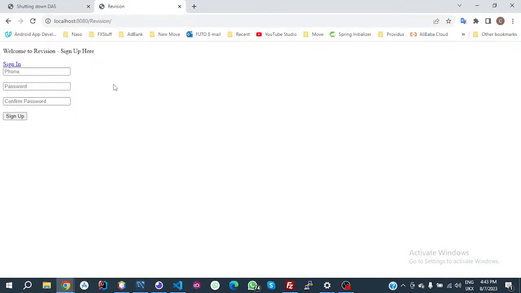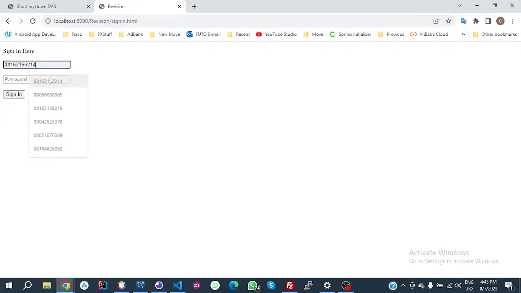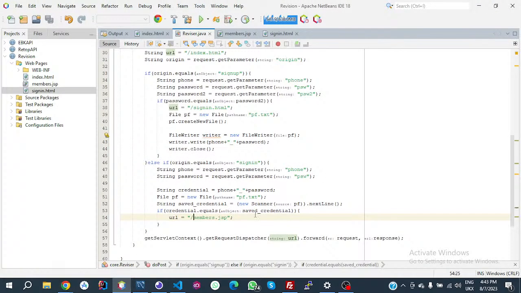Okay, so instead of sign up, because we've signed up already, let's go and sign in. So I'll use this phone number, I'll use this password, then I'll sign in. Okay, fine, let me use a wrong password. Let me do it in such a way that we can be sure that this thing actually worked. Okay, so let's say else